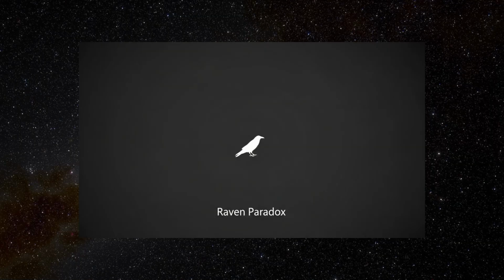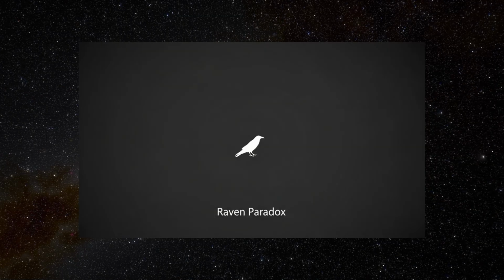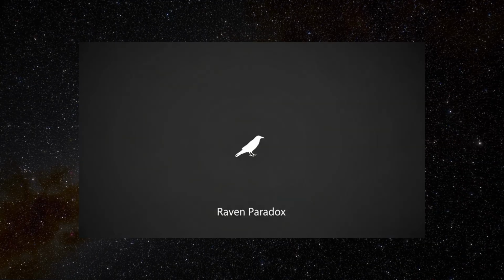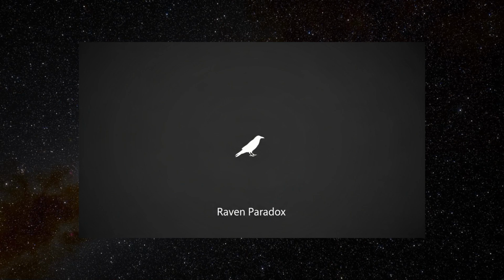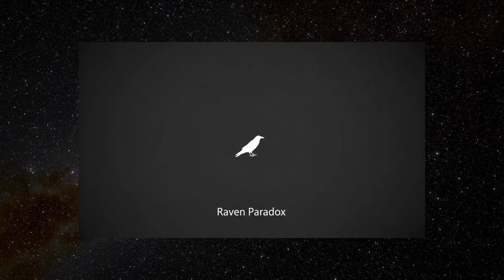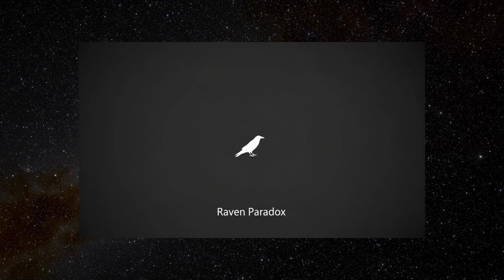While logic treats both forms of the statement as equivalent, our intuitive sense of relevance tells us that seeing a non-black non-raven doesn't provide real information about ravens at all. This contradiction between formal logic and intuitive reasoning creates the Raven Paradox. It forces us to reconsider how evidence should work in scientific reasoning.